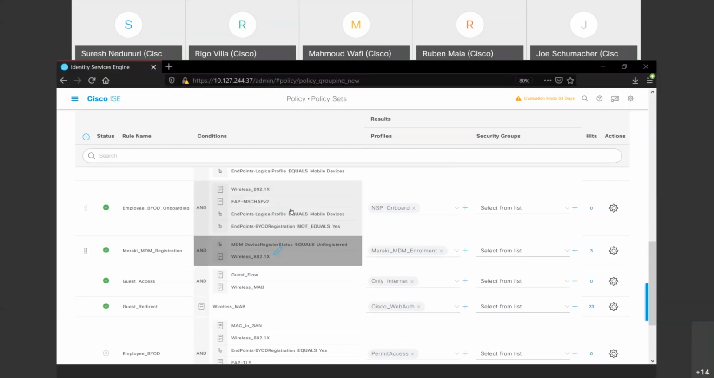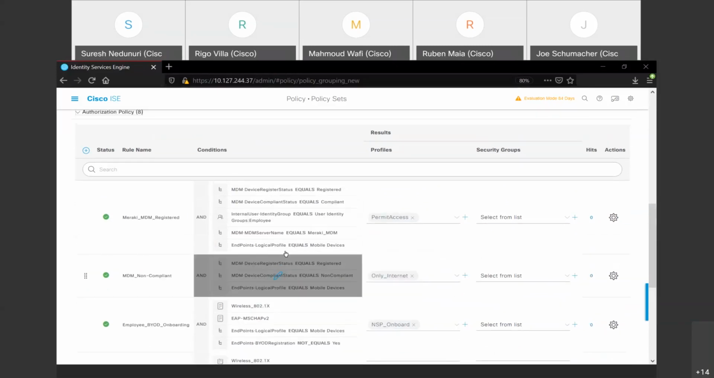So once the onboarding is done, they will match the MDM registration process. They will be redirected to the MDM registration. If they are not already enrolled or registered, they will be sent to onboarding, MDM enrollment. So once they are enrolled with the solution, which is Meraki SM here, now they will match either one